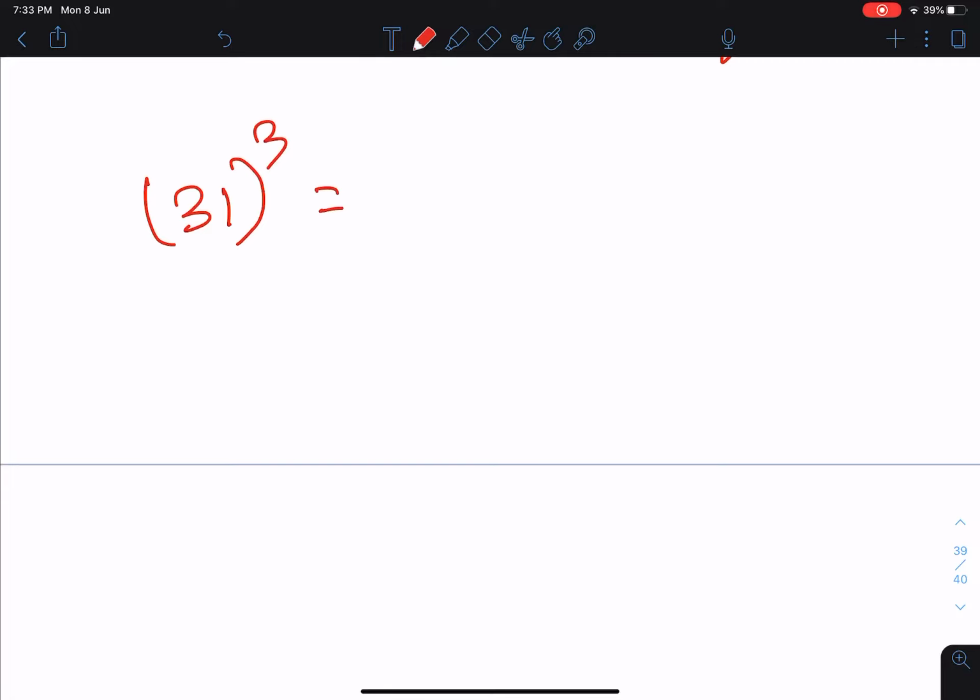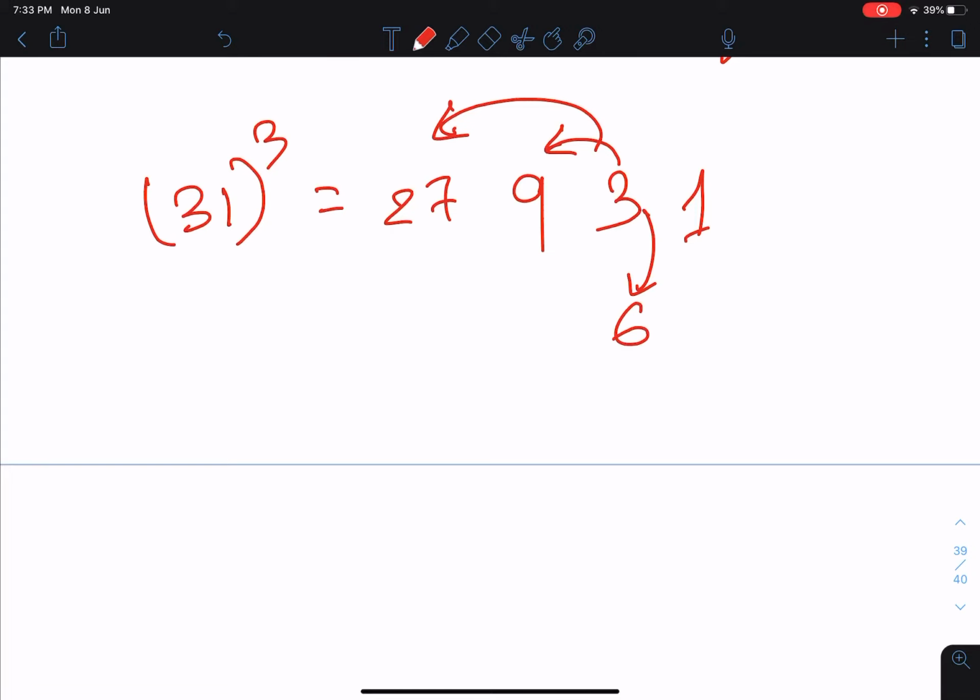Okay, now try another problem, like 31 cubed. Again we'll start from the right hand side. We write 1 here, then write 3 here. Now the square of this 3 will be 9, and then the cube of this 3 will be 27. Again make it double, so it will be 6, and double of this 9 will be 18.